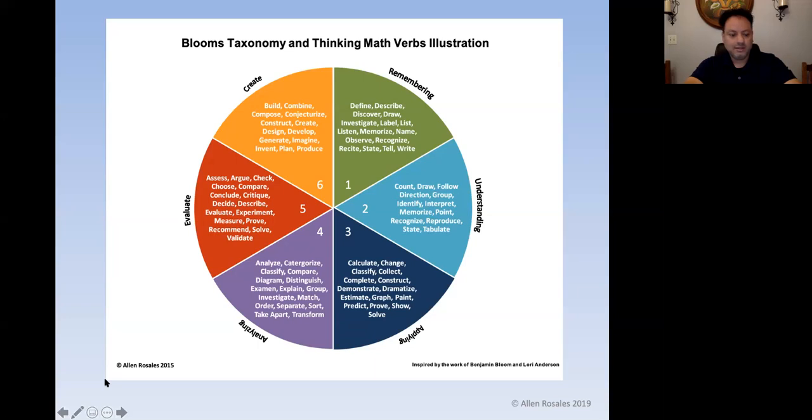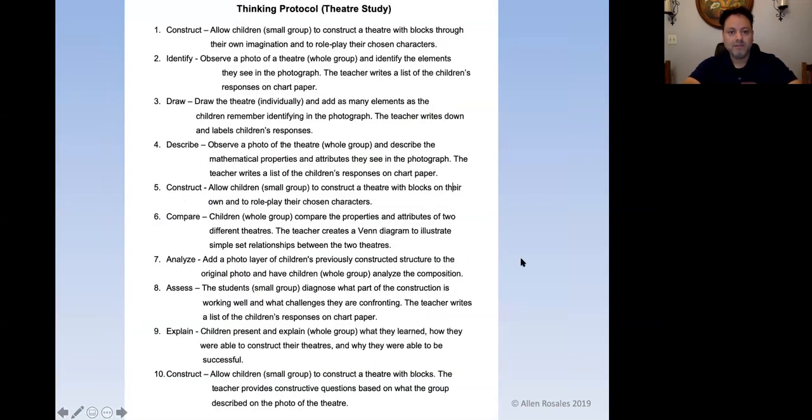All right. So lastly, I wanted to share with you a thinking protocol. And last time I shared, it was a learning protocol, right? Where we had different materials, and throughout the 2-week protocol, it was a 10-step. The materials became more cognitively demanding as the children engaged in them, right? So the first day, maybe they drew some pictures. The second day, they had different materials to work with. They had watercolors, which is a little bit more difficult. And then they had recyclable materials and so forth, right?